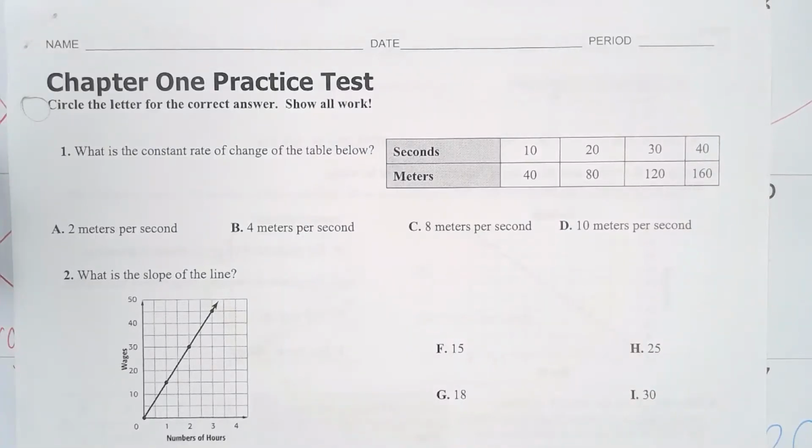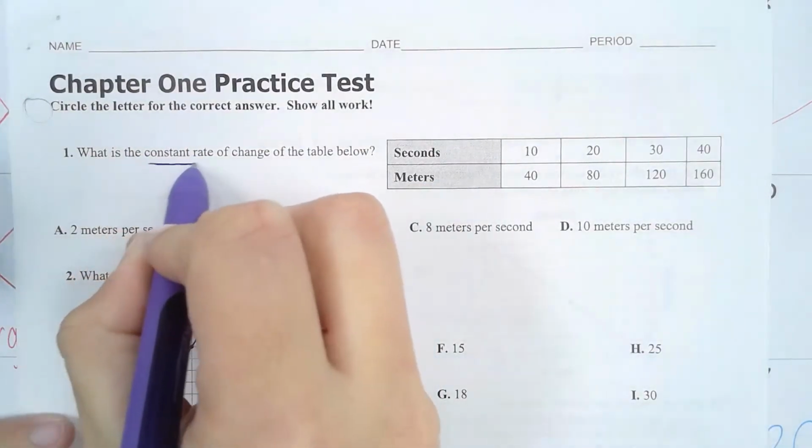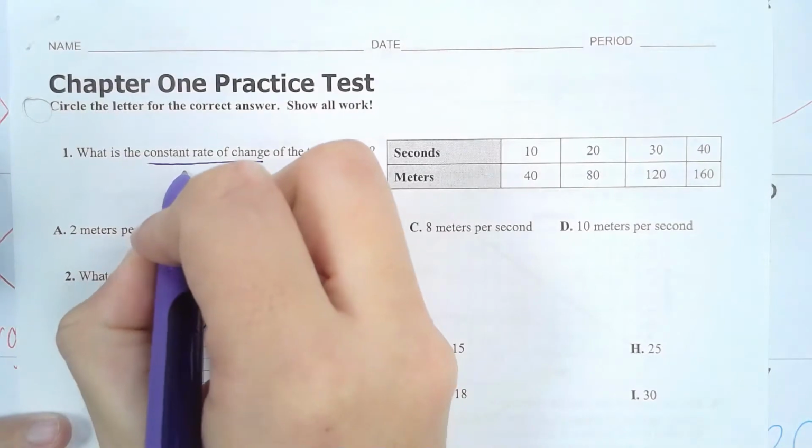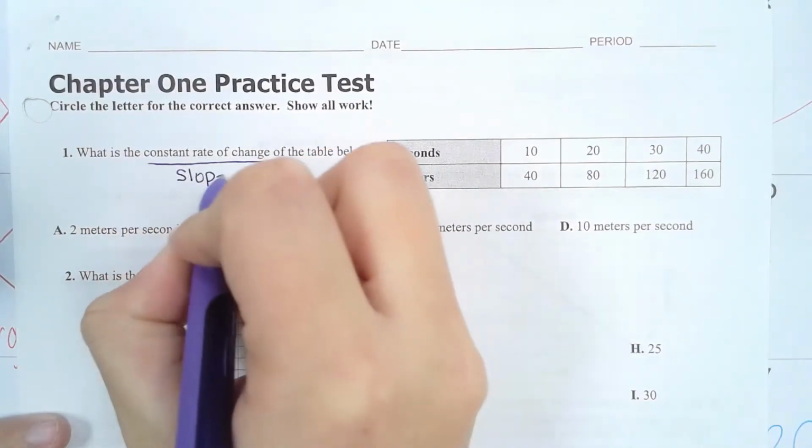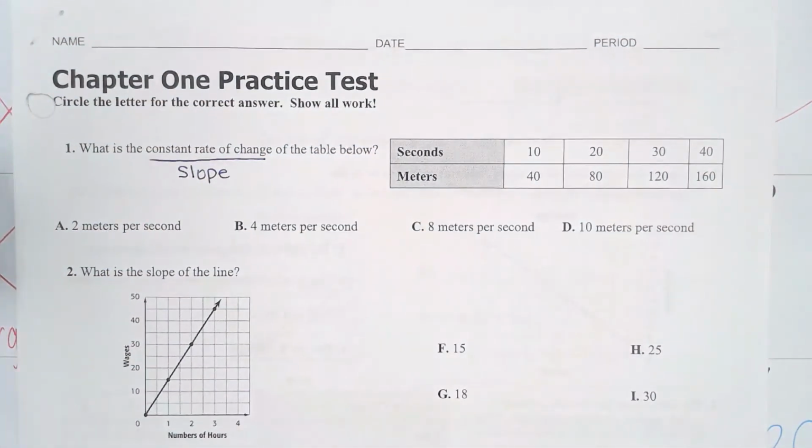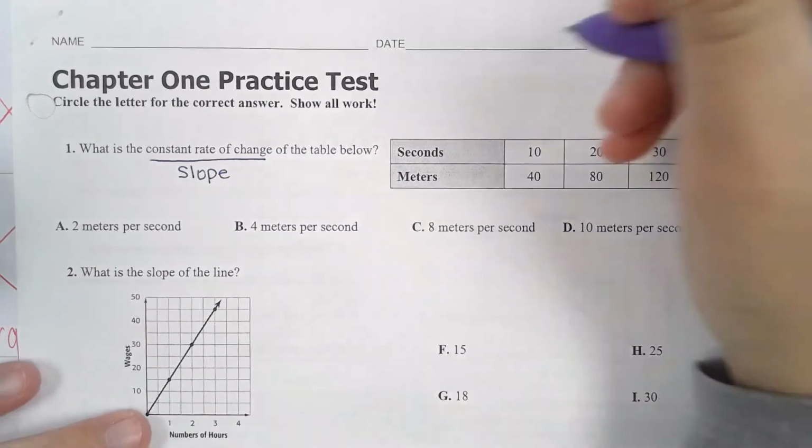Hello, today we are going to be going through your Chapter 1 practice test. So the first question here says, what is the constant rate of change of the table? So remember guys, when we're talking about the constant rate of change, we are pretty much just finding the slope of the table. And if you guys recall, to find the slope of the table, we are looking for the